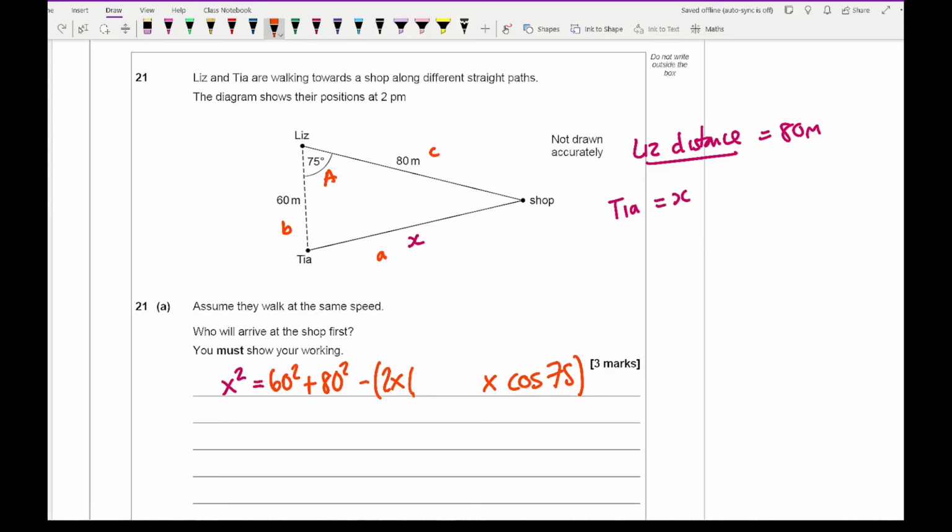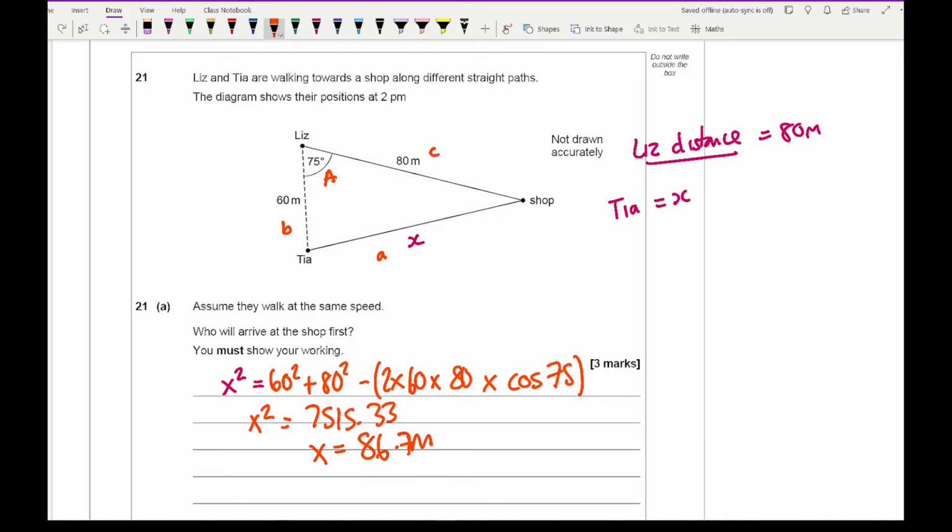It won't make a difference to your answer. So I've put brackets around the 2 BC cos A, times cos 75, and then we get x squared equals 7515.33. Then if I square root that answer, I get an answer of